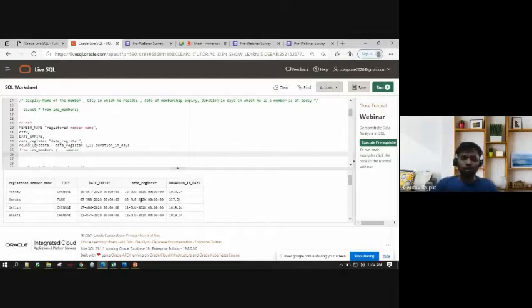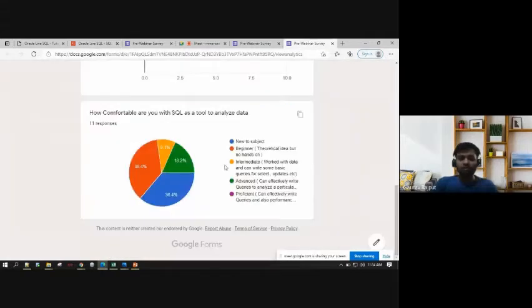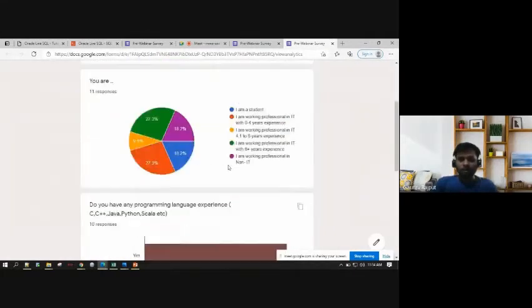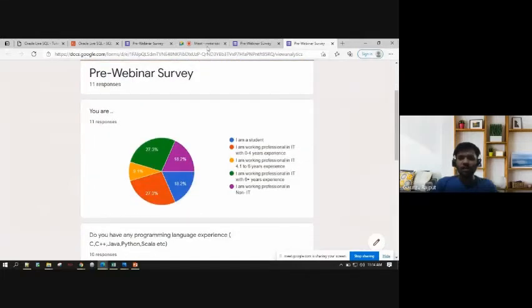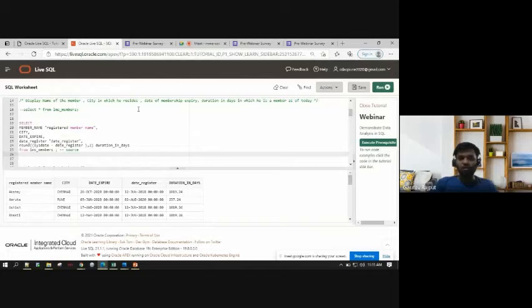Now this report can be fed to some analyst, some visualization tool. It could be Tableau, it could be Power BI, right? And there we can just draw a pie chart. Like for example, here, if you see, right, when you click on the pre-webinar survey and the responses, it automatically showed you some pie chart, it showed you some graphics tool, right?